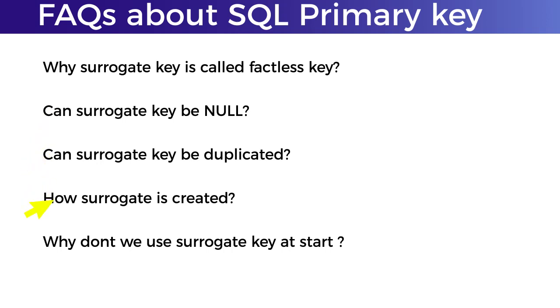How is a surrogate key created? It is created by the database on our request, with our choice of prefix and suffix numbers. A natural primary key is used as the primary key in most places because organizations want a natural connection to call some entry. Like in offices, it's the employee ID, which is the primary key of that employee table record, and in colleges it's the student enrollment or ID number, which is the primary key.